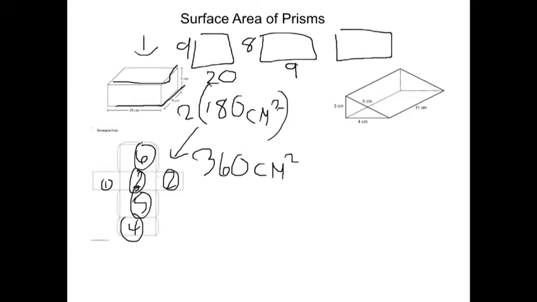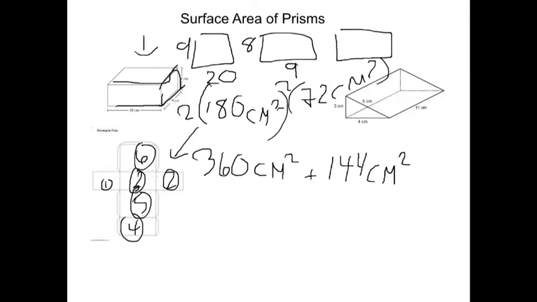So then if I did length times width, I would get 72 centimeters squared, and I would multiply it by 2 because there are 2 of them, which means altogether I would have 144 centimeters squared. So I've taken into consideration the top and the bottom and the side and the other side, and so now